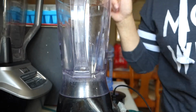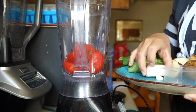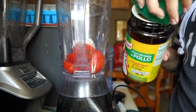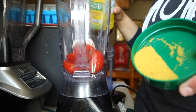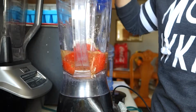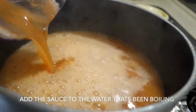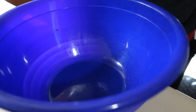So for the sauce itself, go ahead and throw in your tomatoes, your piece of onion, and your small piece of garlic. And this is where the North Suiza comes in. I'm adding about that much. And some water. Go ahead and add your